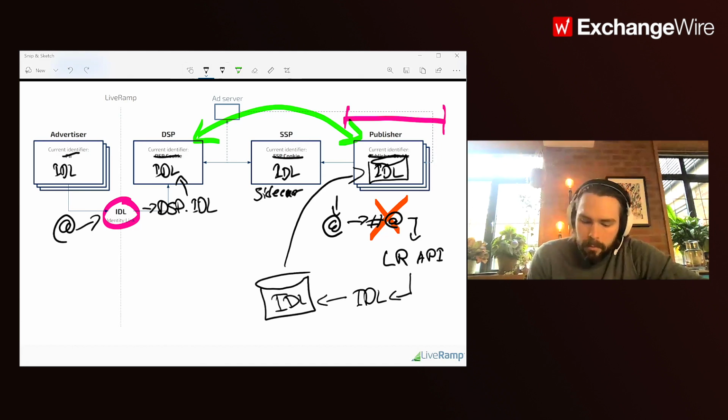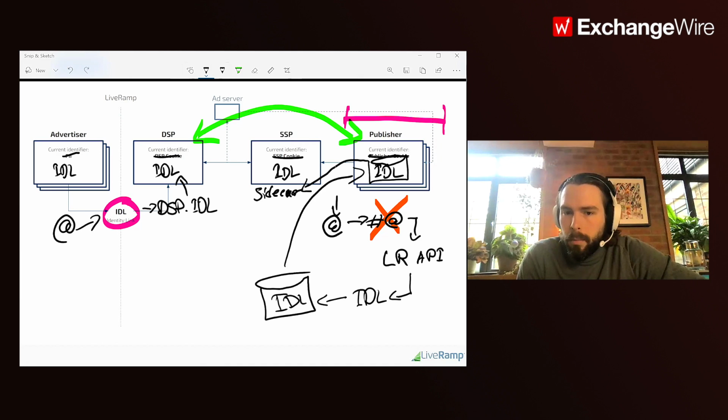The sidecar can take incoming IDL envelopes from the publisher, and in real time, decode and re-encode that IDL to the DSP-specific IDL. So now in the bid request coming into the DSP, they're receiving an IDL that they already know and recognize. They can perform the bidding process against their demand sources and serve the right ad to the right person